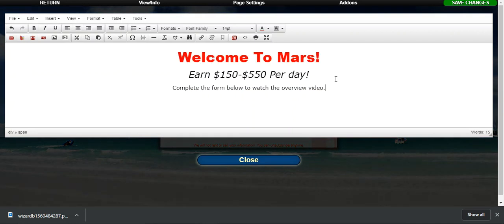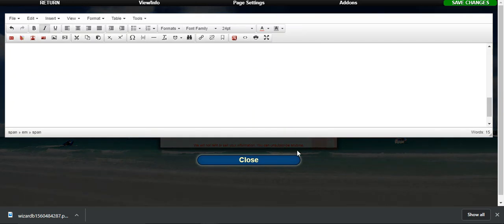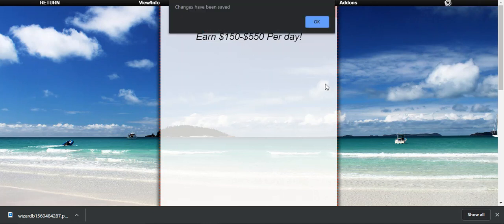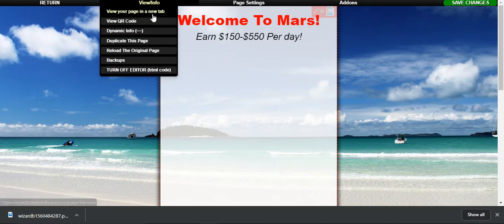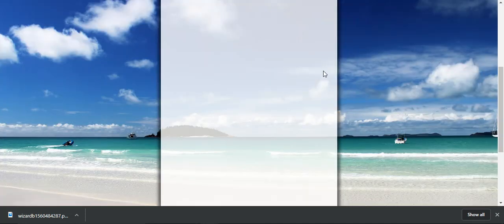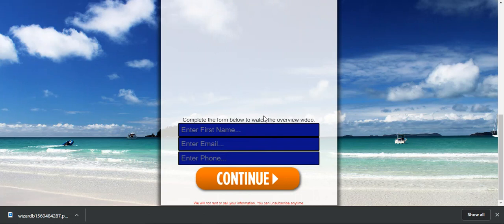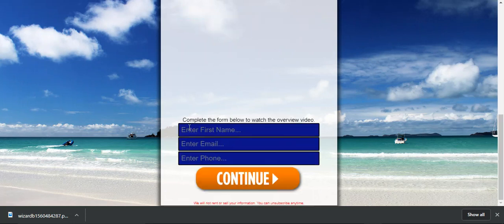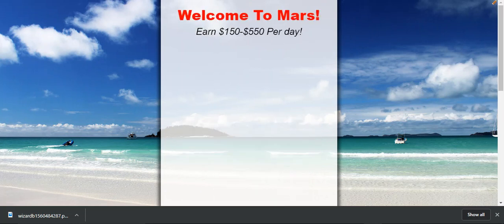So if you had a big long page like this, say with content, videos and different things in there, that would just make the page longer, so people would have to scroll down to fill out the form. You don't really want that, because that will lower the conversions when you have people going to your site. Okay, so you just don't want to make people scroll down when it's a capture page. So I'm just going to go back,